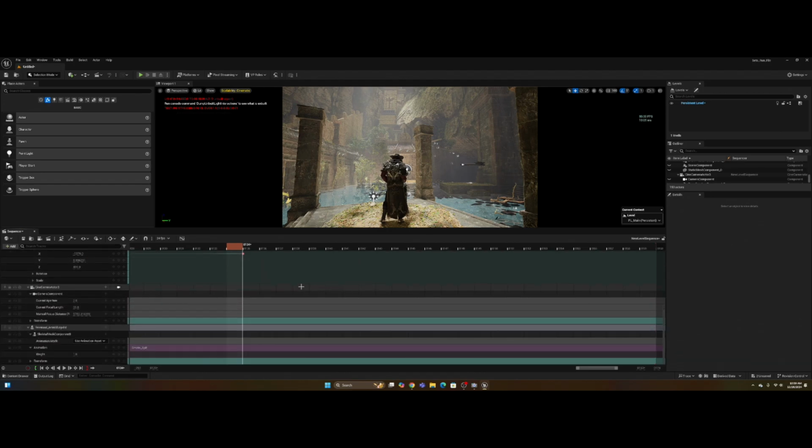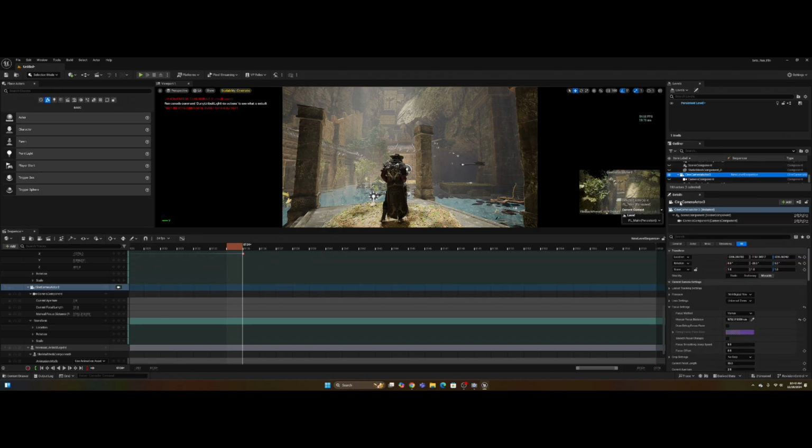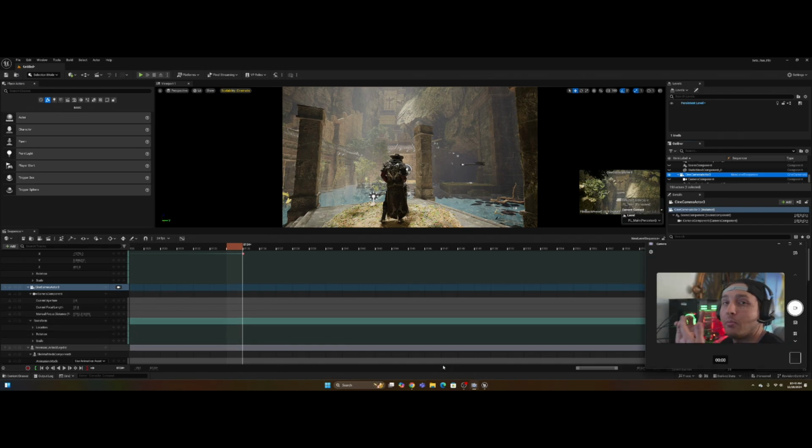So if we go down into our Cine Camera Actor 3, this has got our aperture, our focal length, which we already adjusted, the manual focus. We don't want to do that. What we want to do is go to transform. And from this location, we are going to look at the camera actor, and see what we can do to transform this to just pan across the mountain. There are a couple of things you want to adjust, and that's going to be the pitch, the yaw,